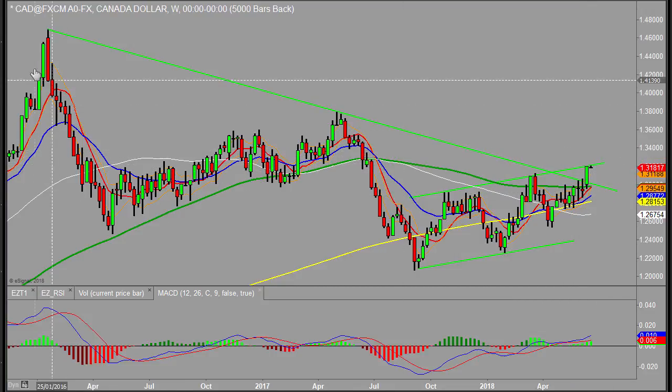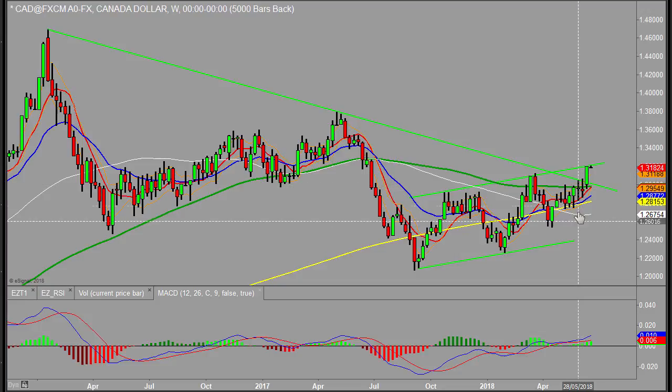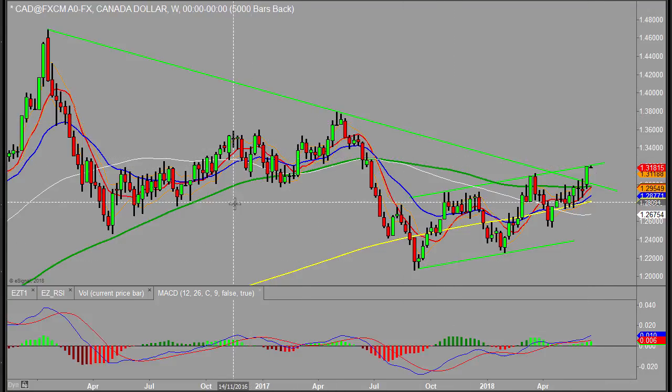You see also there's a downward trend line here. Now that was more important a week or two ago, and we saw a reaction off of that downward trend line, but the very fact that it wasn't much of a reaction and it's broken through last week suggests potentially more upside here for the Canadian dollar. So that's where I'm expecting things to go.